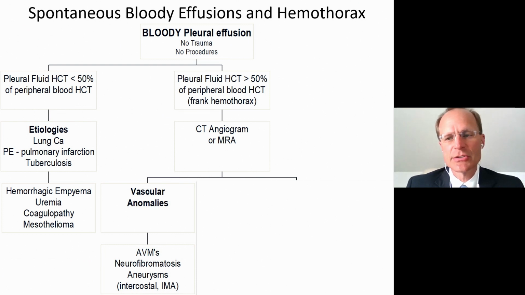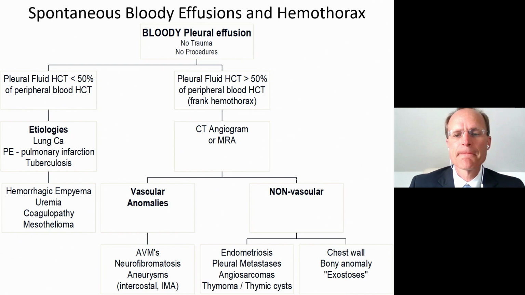Those patients should have emergent evaluation, including a CT angiogram or angiography to identify a vascular anomaly, such as an AVM of the intercostal arteries or internal mammary arteries, or a highly vascular tumor, such as neurofibromatosis. Non-vascular processes, but vascular-rich lesions include endometriosis, pleural metastases, thymic cysts, and occasionally just osteophytes along the chest wall,